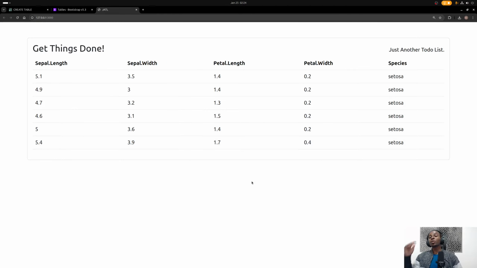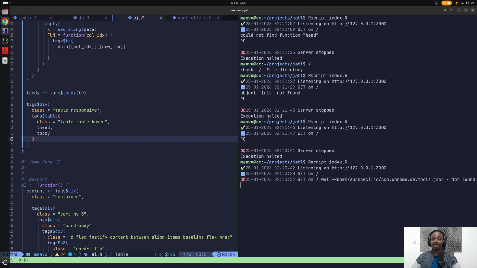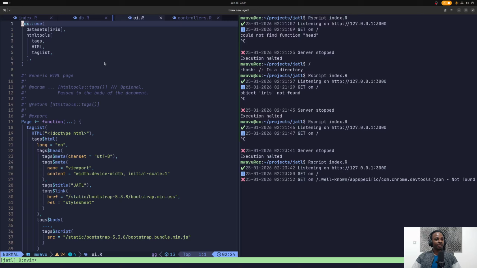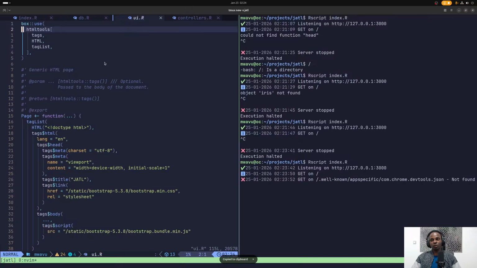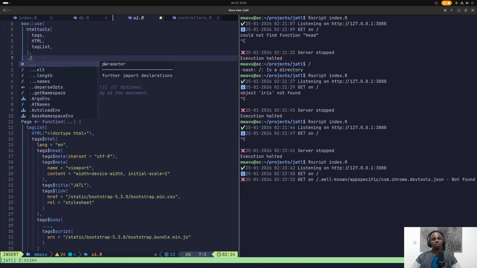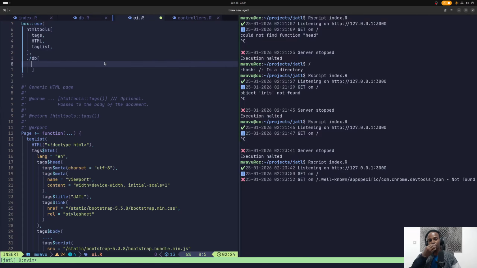Okay, so now we have the table, but we didn't come here to render iris. What we need to render is our to-do list items, right? So now we get rid of iris. We don't need iris. What we need is the function called read all items. So from db, I want you to get me read all items,